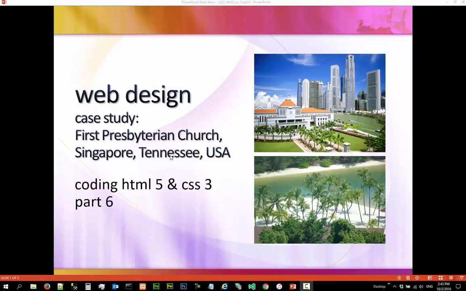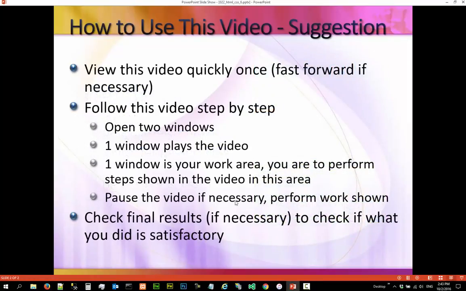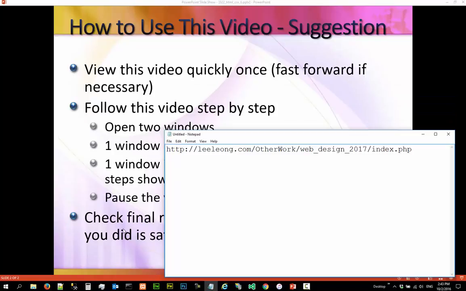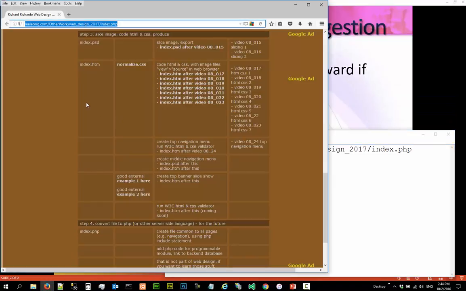Hi, we need to continue the coding, HTML and CSS coding for the web design website prototype. This is a list of suggestions how you should use this video. The notes for this video can be found at this URL, which is loaded here. Okay, after this video, you should be able to